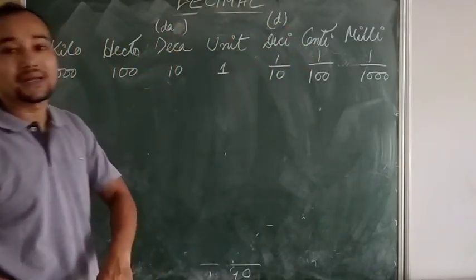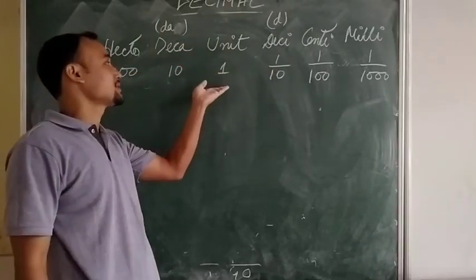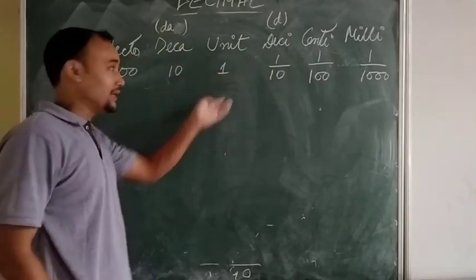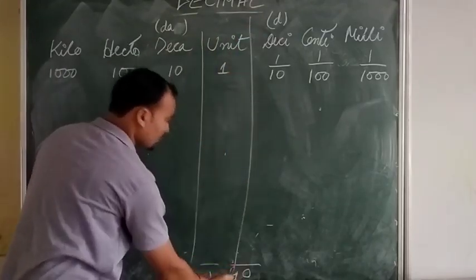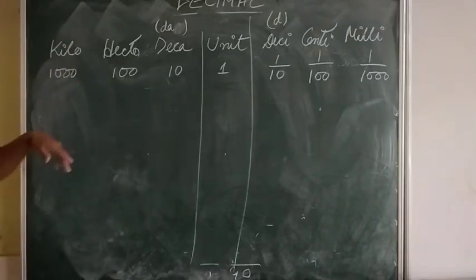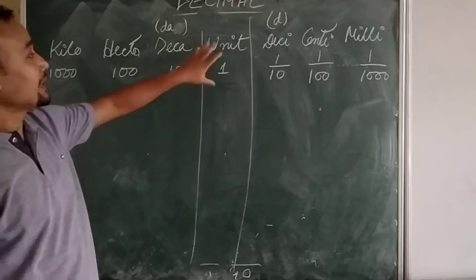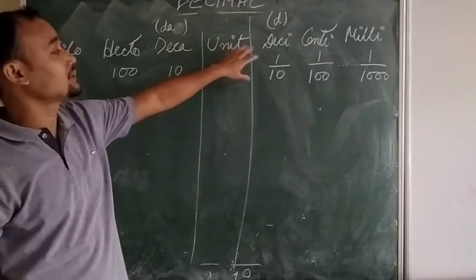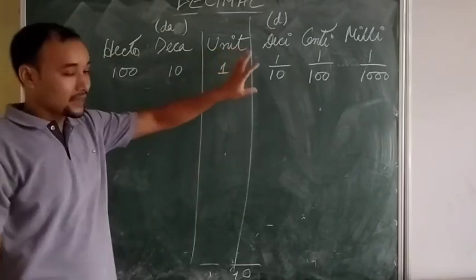And if a particular given quantity is 1 by 1000 of the base, this is the base. That's why I say this is the reference. This is the main thing. You need to understand this. With respect to this, everything is happening. Okay? 10 more than a unit, it is 1 by 10 times of the unit. Now see.